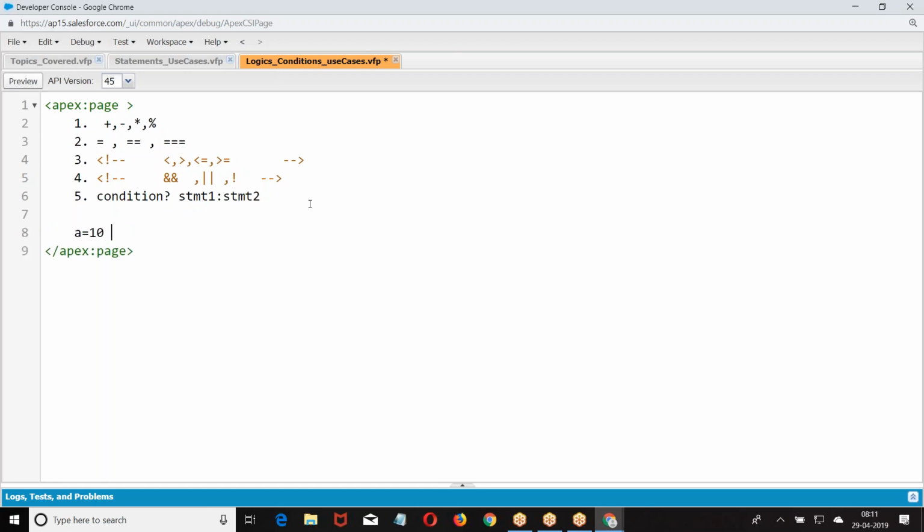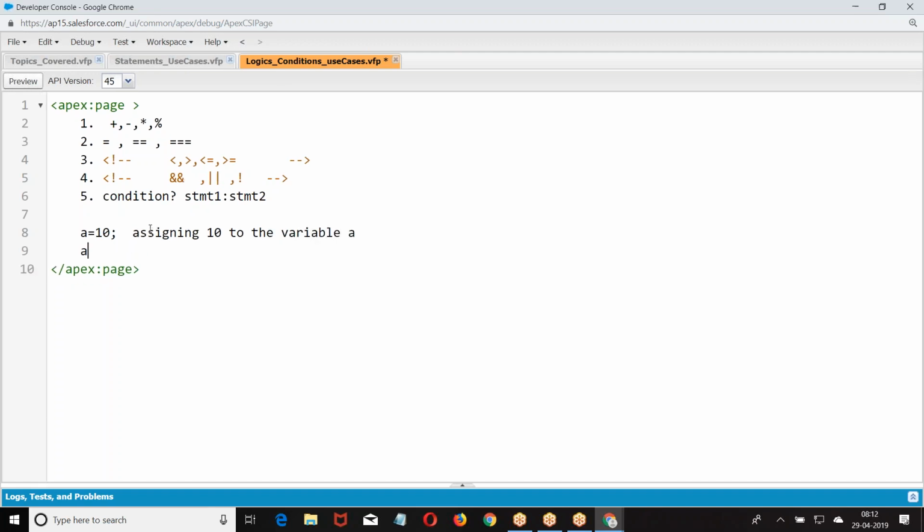A equal to 10. When I say A equal to 10, what was that? Assigning 10 to the variable A. We are assigning the value. A double equal to 10. Okay.